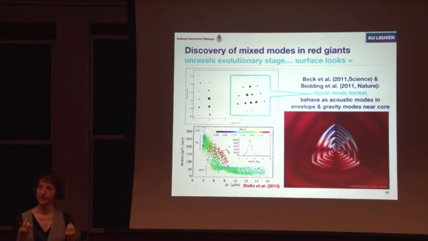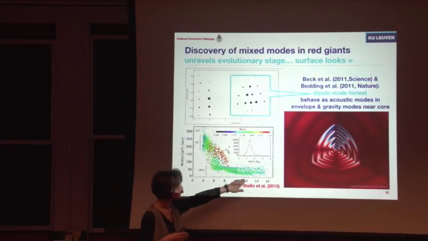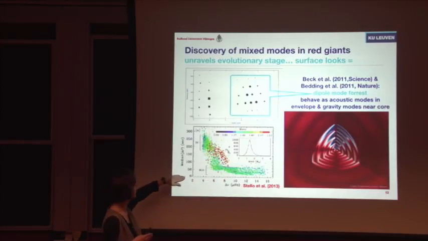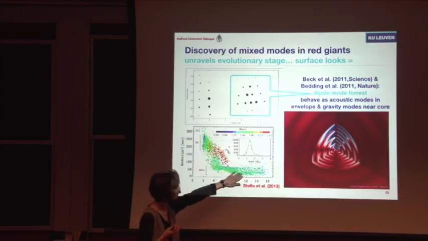And that is connected with aging, because if you can probe core regions, then you have a better handle on the age. So here you see all Kepler stars, the frequency spacing on the x-axis and the period spacing on the y-axis. By measuring these two numbers in frequency analysis for all these stars, you can see that these are the stars